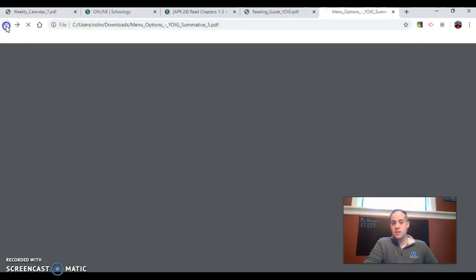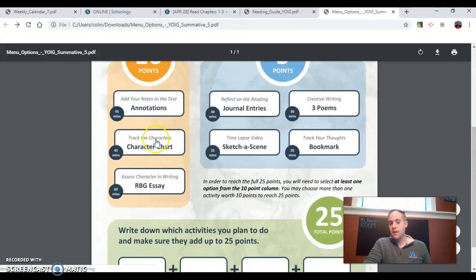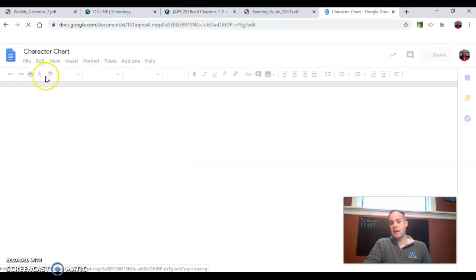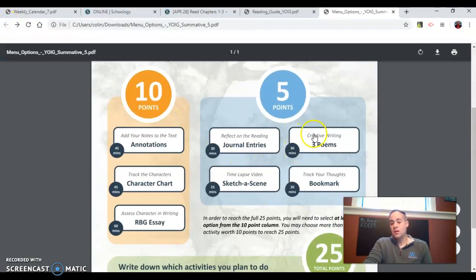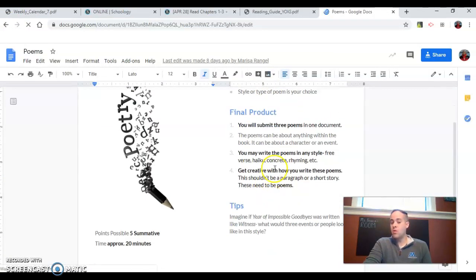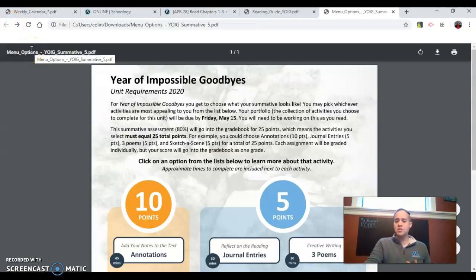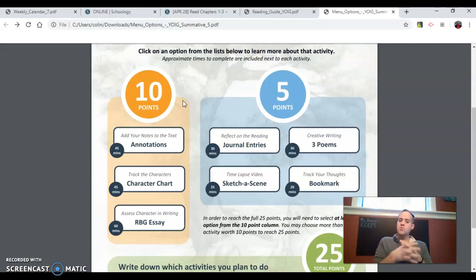So each of these in the Year of Impossible Goodbyes menu is clickable. And it'll tell you what the character chart is, it'll show you what you need to download, and it'll tell you how to do it. It'll walk you through, for example, the poems. If you're going to write 3 poems, what should you expect to turn in? What kind of tips can we give you about that? So this is really a one-stop shop for you to figure out how you want to put together